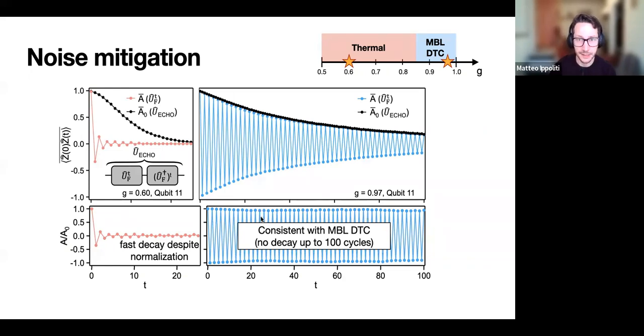So this of course doesn't prove that this oscillation would persist all the way to infinity. This is obviously not something that's possible to measure within a finite coherence time, but it is a non-trivial check that other similar-looking physics might actually fail, might actually exhibit some intrinsic decay that's there, even absent noise.